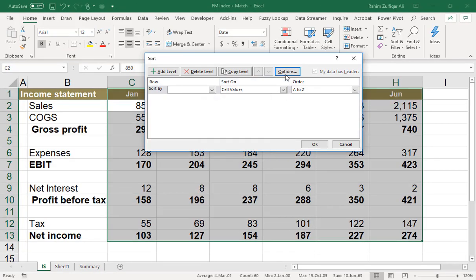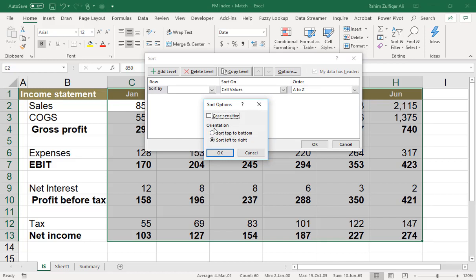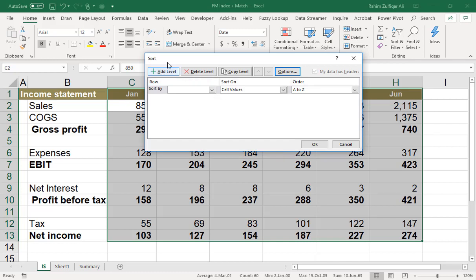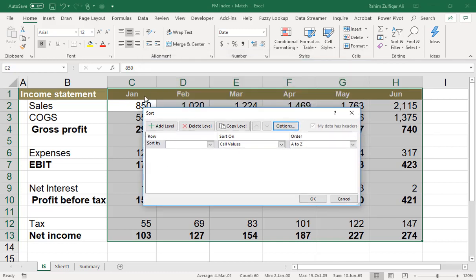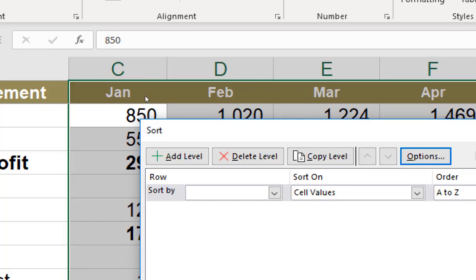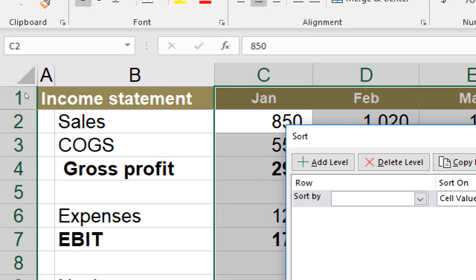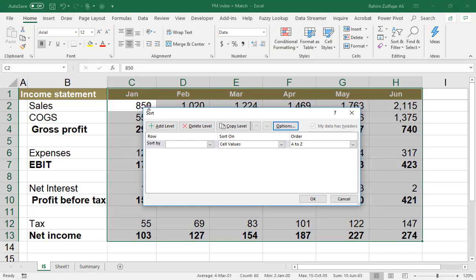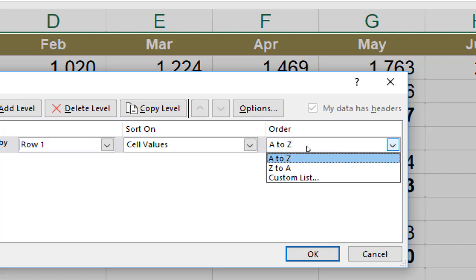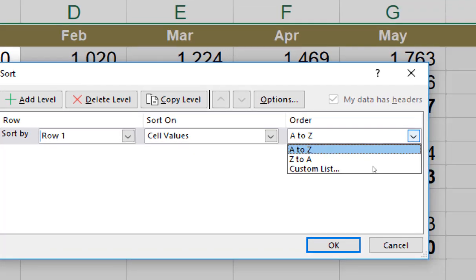So the first change we have made is we have changed the sorting orientation to sort left to right, and then we need to identify the base row. Now all our months are listed on row number 1 here. In your scenario it might be different. In my scenario I need to benchmark row number 1, and in the order I don't have to select A to Z or Z to A, otherwise all the months will be ordered alphabetically. What I will do is click on Custom List,